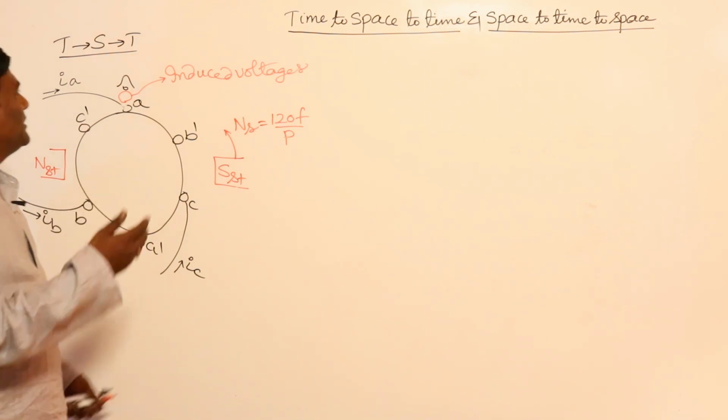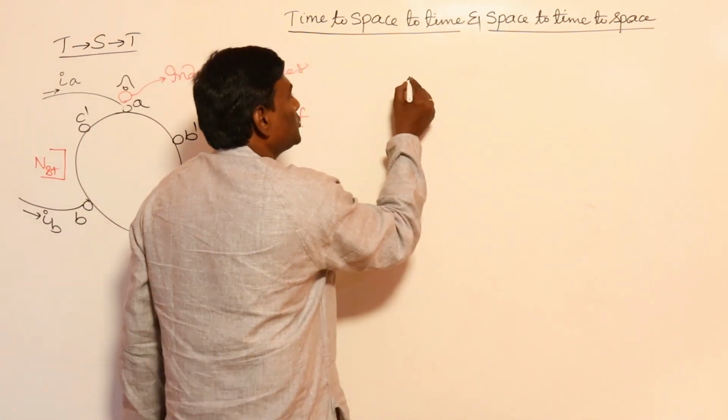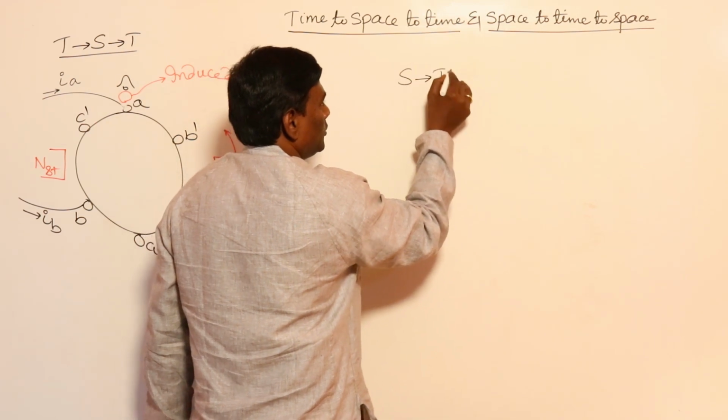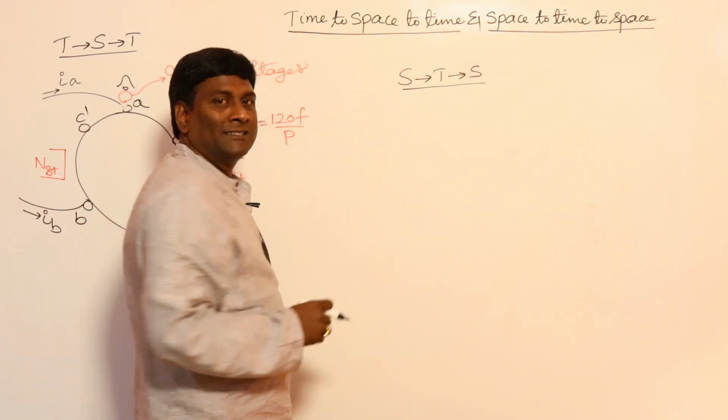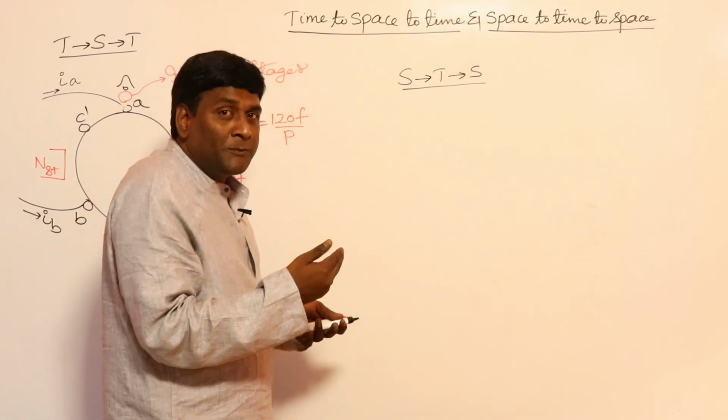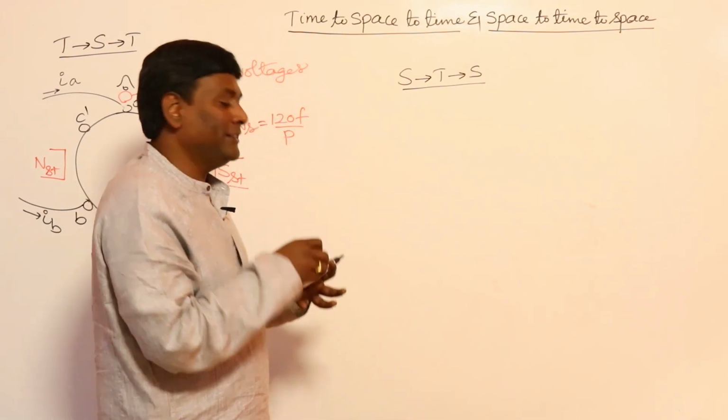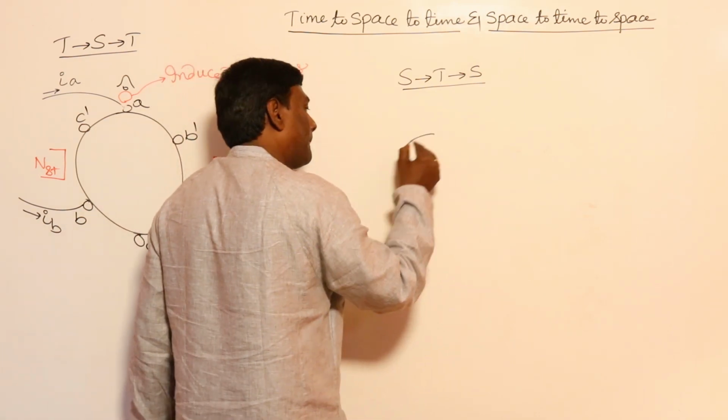Okay, now let us think of space to time to space. The first input should be space, in the sense that I have to rotate the rotor in space. For example,